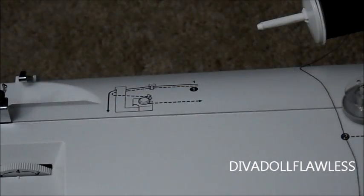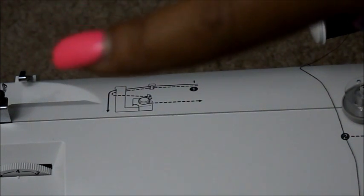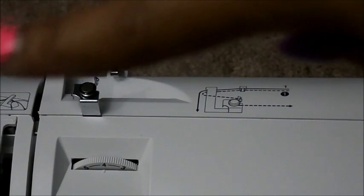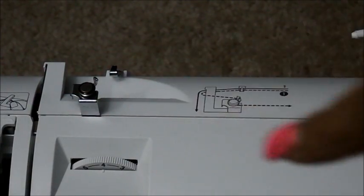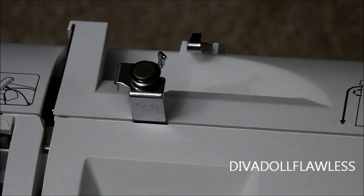Alright guys, so once you've gotten your thread on the spool with the spool cap, the next thing to do is to actually bring it over to this piece here, okay? Bring it around here and then hook it onto this, and then you're going to bring it across to your bobbin. Okay guys, so here's a more zoomed in view of what to do, okay? You want to take your thread,